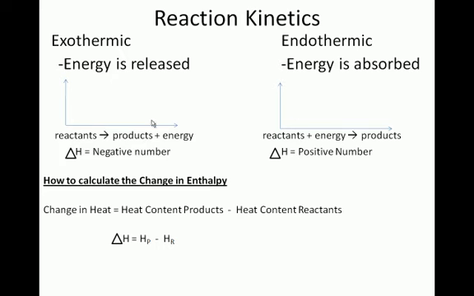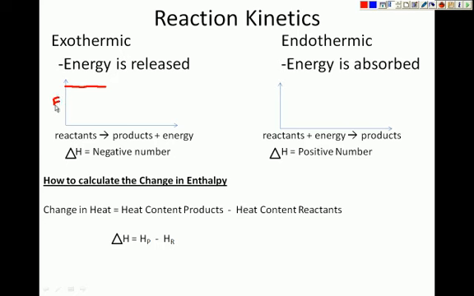An example of this could be something like gasoline burning, paper burning. Often energy is a product, and we see here on this reaction right here that energy is on the product side. So reactants produce products plus energy, and if we were to graph this, the reactants would have an energy level that is way up here, and then on this